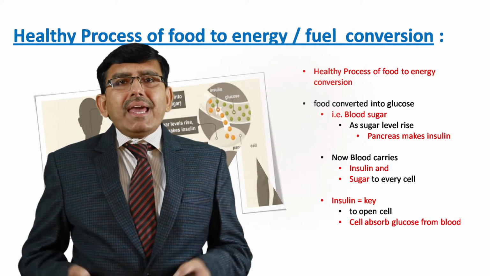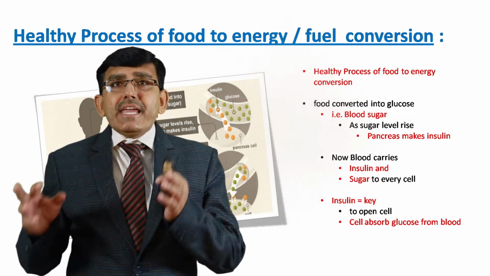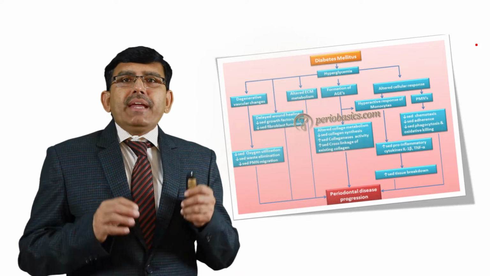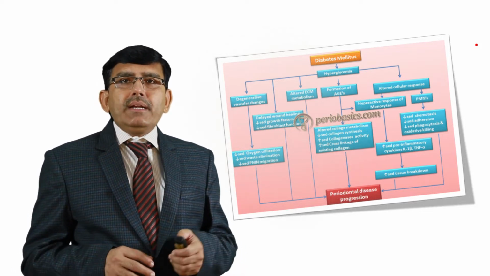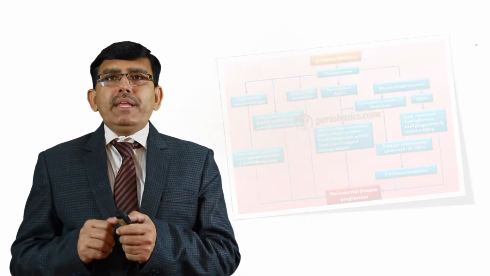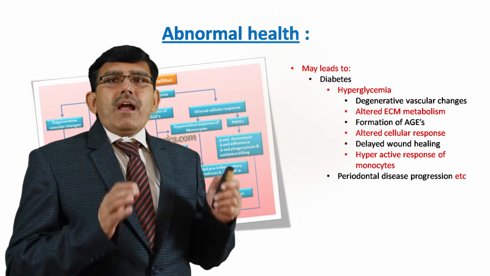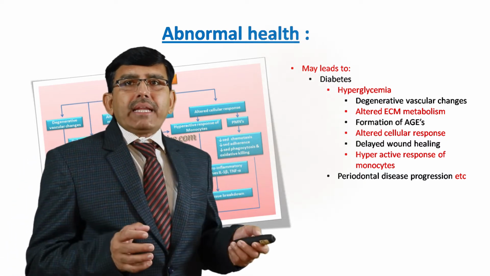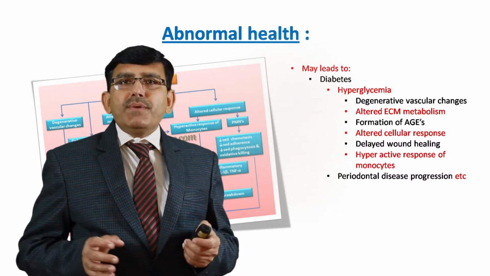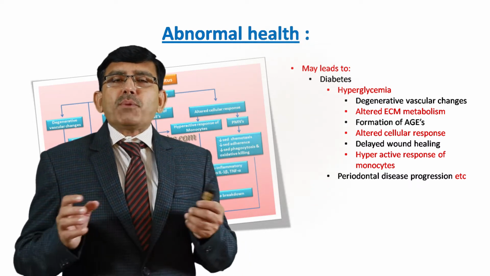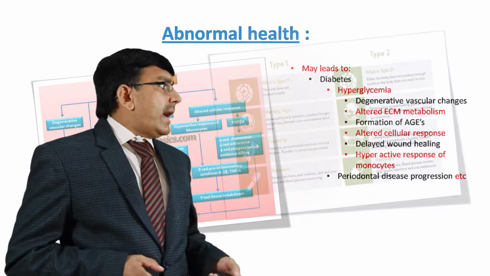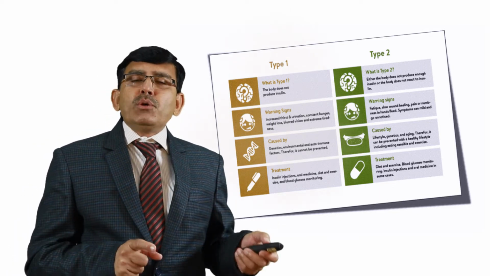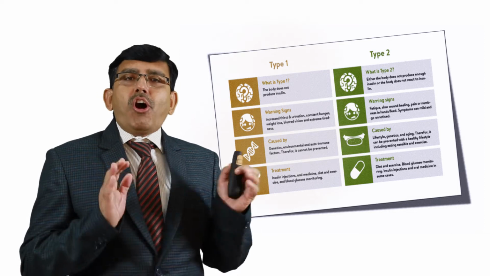If abnormal health is there, then it may lead to diabetes, called hyperglycemia. Degenerative vascular changes happen, altered extracellular matrix metabolism, formation of AGEs, altered cellular responses, delayed wound healing, hyperactive response of monocytes, as well as periodontal disease progression, etc. We have different types of diabetes, like type 1 and type 2, which are the major two types observed in